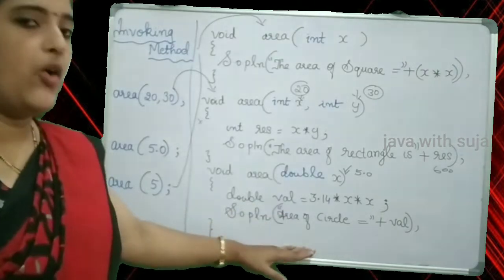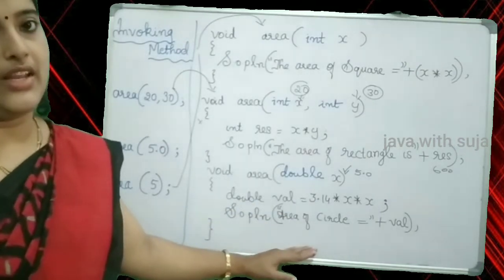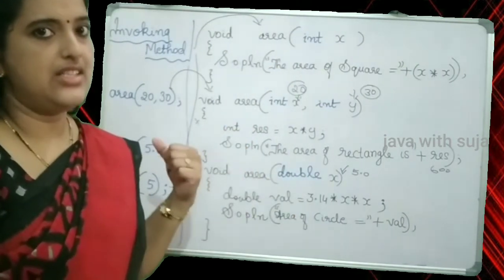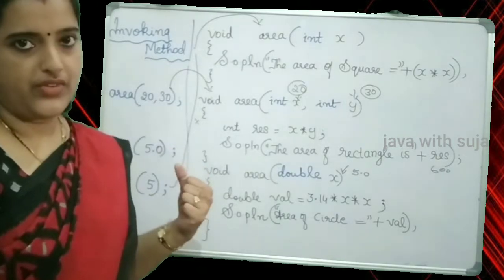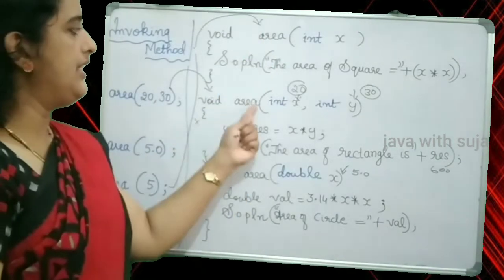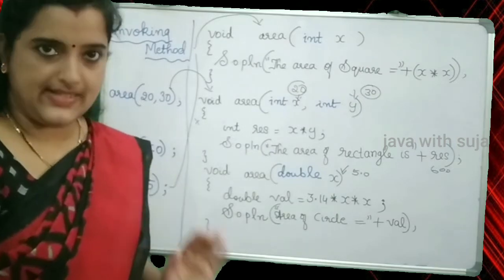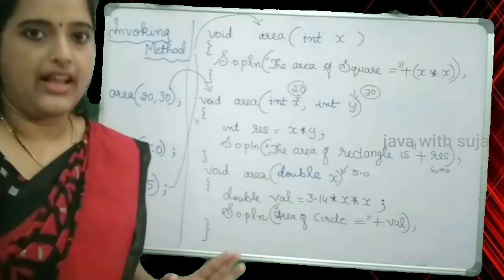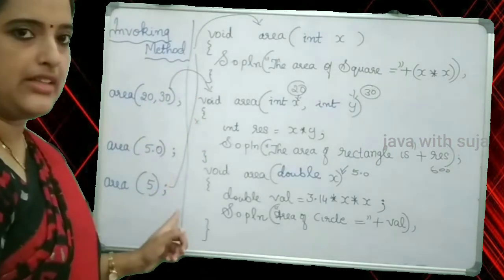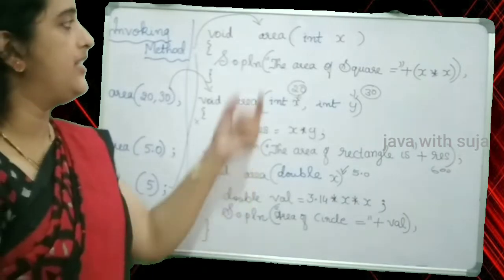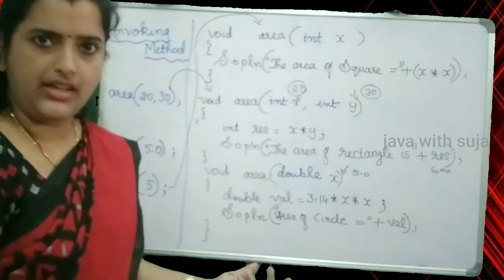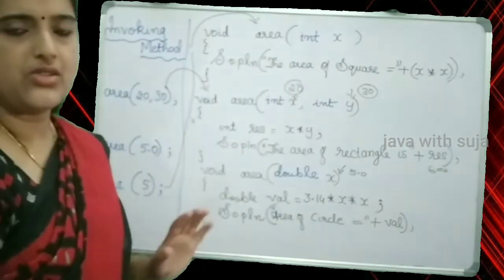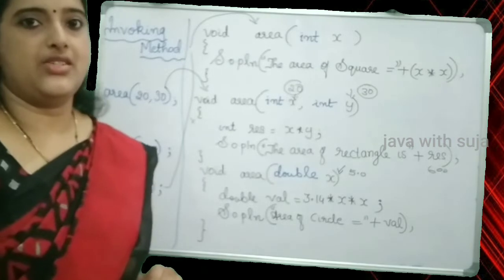So this is how we implement polymorphism in Java. This is method overloading, or you can say it is compile time polymorphism. Here the method names are exactly the same, but the number and types of arguments are different, and when you call a method, it is not at all necessary that the order should be maintained. Here we have not followed the order; we are not calling the first method itself. It is not like that. It is according to the user's choice.